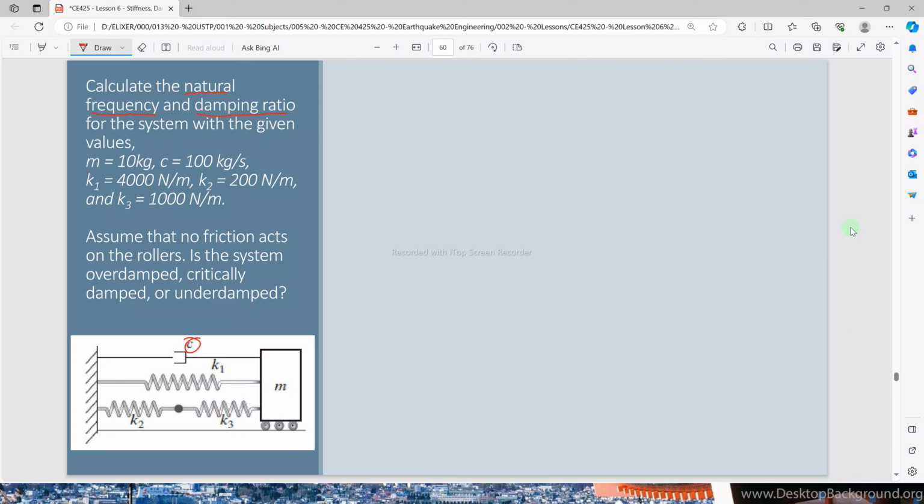With a given mass of 10 kilograms, damping coefficient 100 kilograms per second, stiffness 1, 4,000 Newton per meter, stiffness 2, 200 Newton per meter, and stiffness 3 is 1,000 Newton per meter. Assume no friction acts on the rollers. Is the system overdamped, critically damped, or underdamped? So we are asked to find three things: the natural frequency, the damping ratio, and whether it is overdamped,